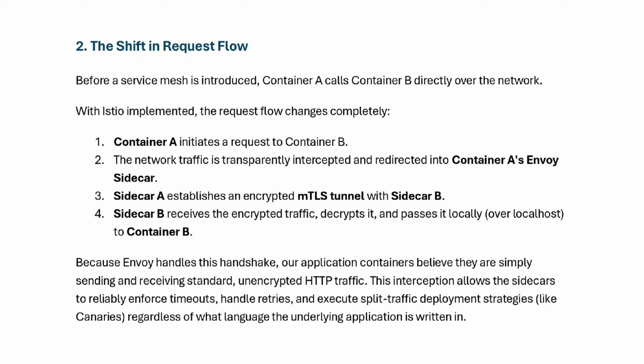Then container A's network traffic is encrypted to proceed with communication to container B. When it reaches container B, it first communicates with the sidecar container of container B. When the sidecar container of container B receives that encrypted traffic, it decrypts it and passes it locally to container B. Before it was direct container communication, now the communication is through sidecar containers to implement MTLS, that is mutual